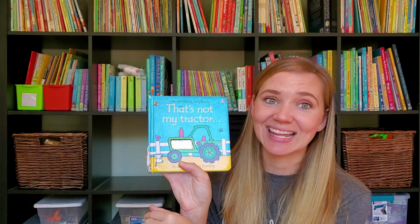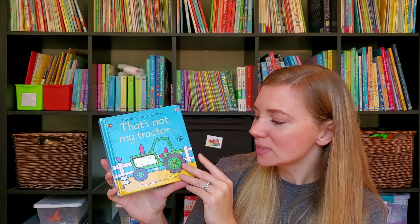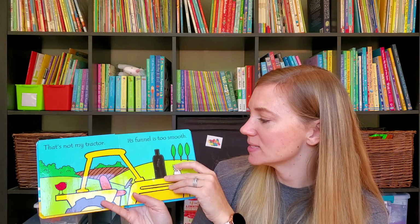That is what he loves. So his 3 books that he picked out, he immediately went to, and I'm not surprised at all. This book, as you can tell, has had lots of love. It is That's Not My Tractor. It's the Touchy Feely books, and so it goes through each one and talks about how that's not my tractor,